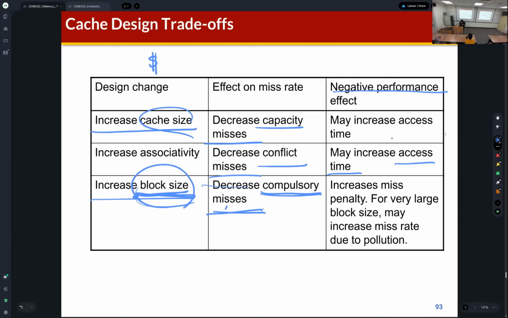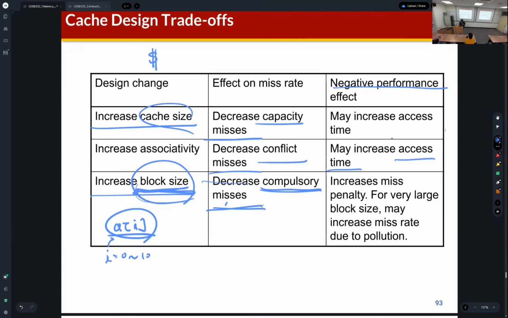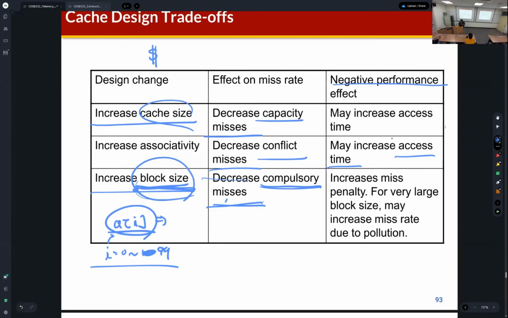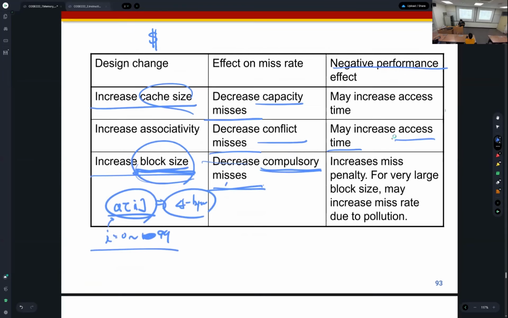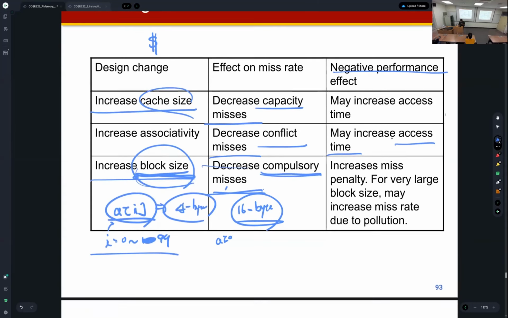If we repeatedly access array data, and we change the index of this array A from 0 to 199, and let us assume that the size of a single element of array A is 4 bytes. And then if we set the block size as 16 bytes,